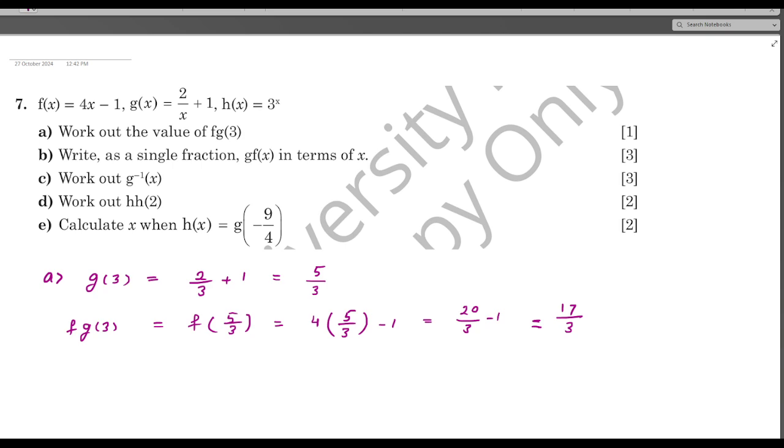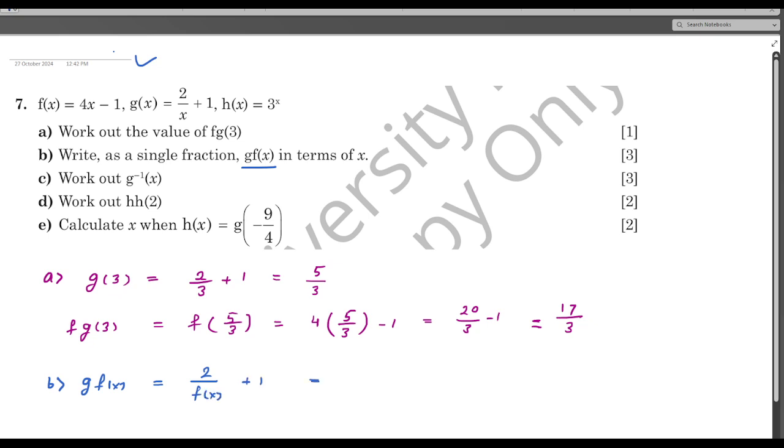B part, write as a single fraction g of f of x in terms of x. Okay, g of f of x. So in the B part, I have to replace x with f of x. Okay, so g of f of x. Now g of f of x will be, you can see this g of x function. What you will do, you will replace your x with the f of x,